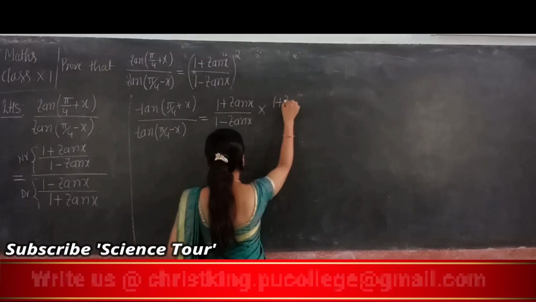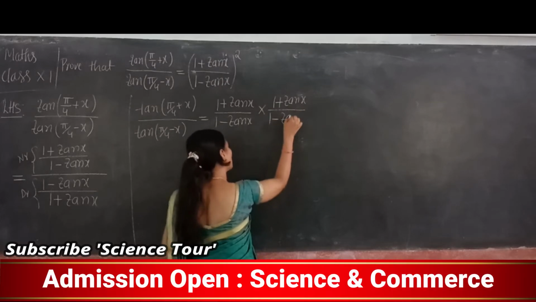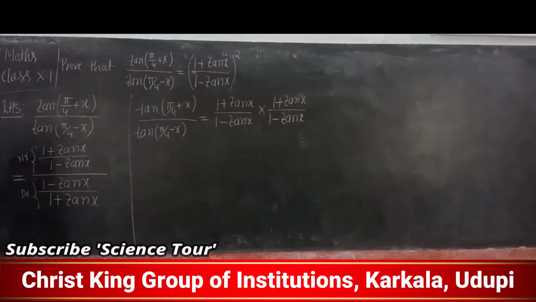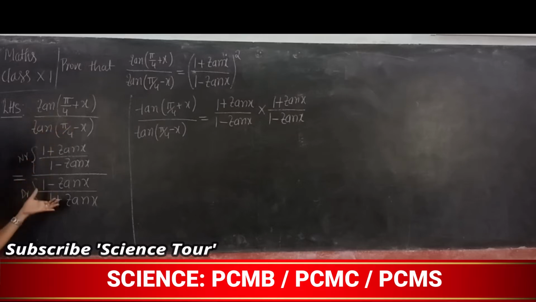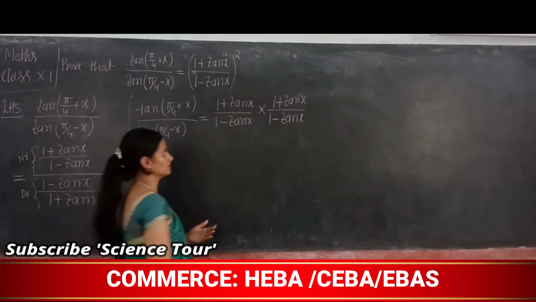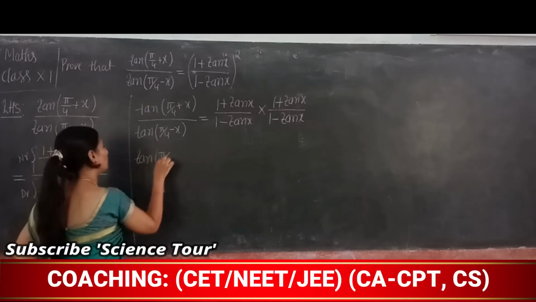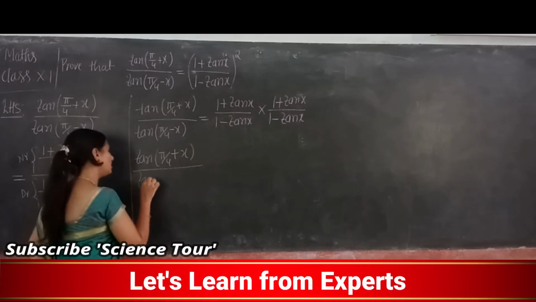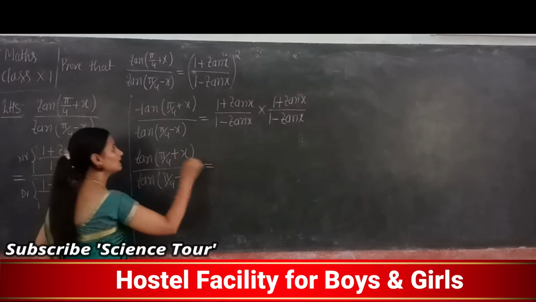It becomes (1 + tan x)/(1 − tan x). Right, now (1 + tan x)/(1 − tan x). How do I use it? First I use the formula. Next, the denominator part goes to the numerator, which means it changes. Now here tan(π/4 + x) divided by tan(π/4 − x) is equal to,